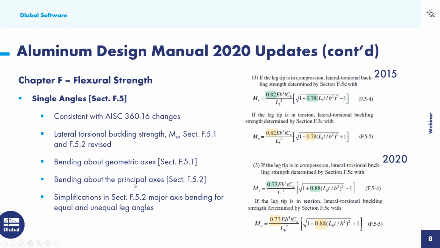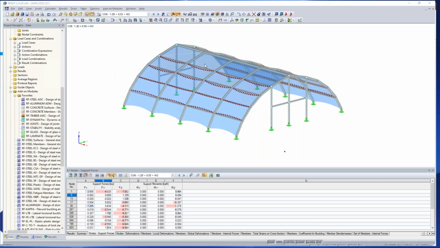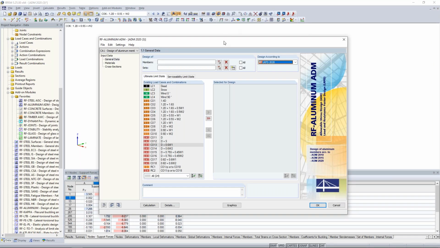So this is for bending about the principal axes, for major axis bending for equal and unequal leg angles. So again, refer to that section. You'll notice the differences between the 2015 and the 2020. Okay, so what we can do now is to jump back to the aluminum module and begin just the rest